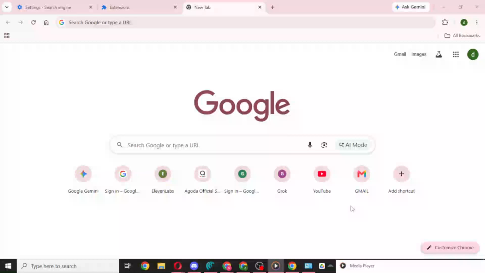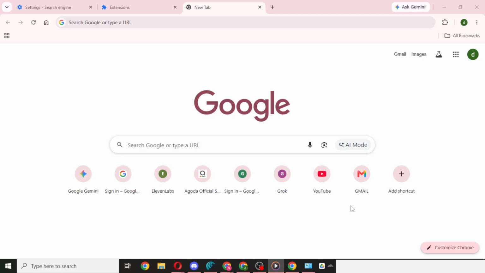In today's video, I'm going to teach you how to add a Google Chrome shortcut to your desktop in Windows. This is a simple and useful thing to do if you want faster access to Chrome without searching for it every time you turn on your computer. Once the shortcut is on your desktop, you can open the browser with a single click, which can save time and make your workflow a little smoother.